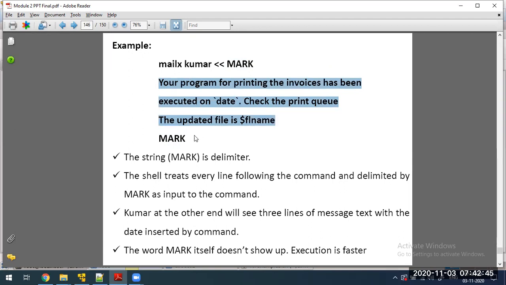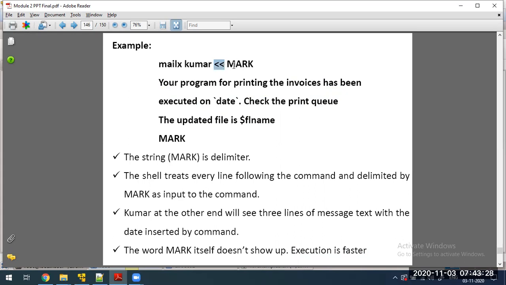After the 3 lines of text, and with this symbol, less than symbol 2 times. What this does is, instead of getting from the external file, this set of strings will be given directly as an input to this command, and it is going to execute. What we have avoided here is giving the input from the external file, and what it helps is that the execution will be faster. If you use the external file, once again it takes some time.